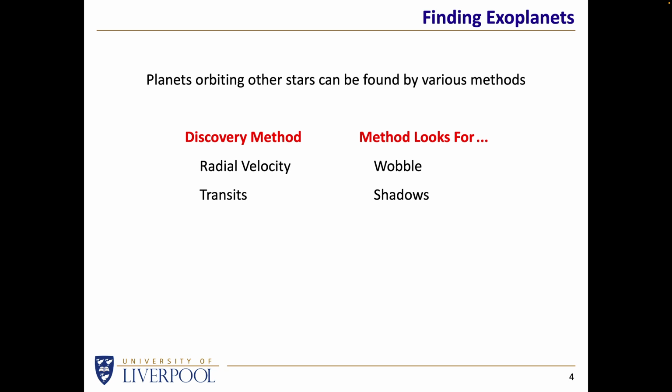In neither of these cases do you actually see the planet. You're looking at the effect of the planet on either its host star or the amount of light from the host star. Third technique, you actually see the planet. Planets are very much fainter than their host stars, generally speaking, but if you can block out the light from the host star, then you stand a chance of actually seeing the faint planet. I'll explain that in just a moment. 2 other techniques, which I am not going to talk about because of time constraints,